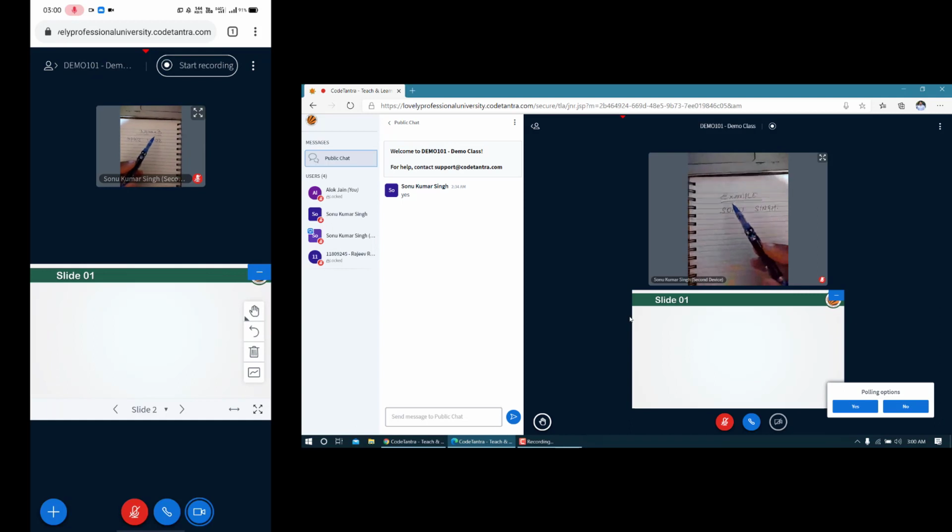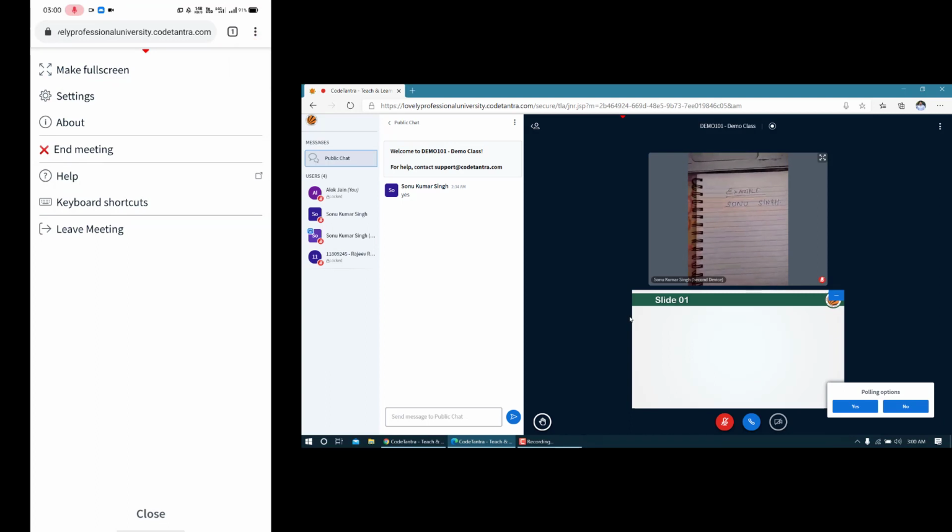Okay, and if you keep your mobile phone steady, the clarity will be good enough for the student if you have joined through the high quality setting. In my case, I joined through the medium quality, so that is why you might have little difficulty reading what I have written. So once I'm done teaching through my second device, I can click on this 3-dot button